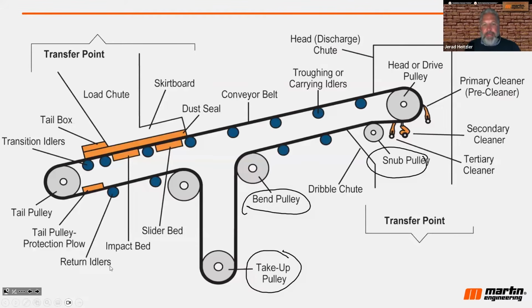And there's a couple of different kinds of take-up. What you're seeing now is what's called a gravity take-up. And basically, this take-up pulley that you see right here moves up and down with weight. The more weight you put on that pulley, the more it drops down, which adds some snugness or some tension